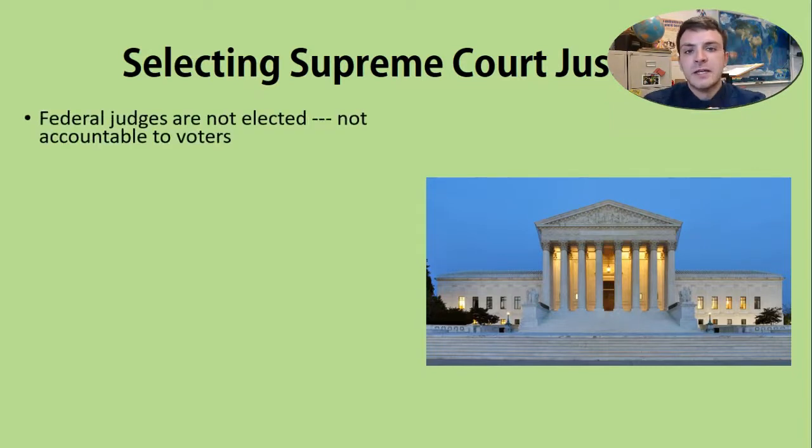So federal judges in the country are not elected. And because they are appointed, they are not accountable to voters. Now that's very important, because let's say that you have been nominated, you have been selected to be, we'll just go to the top, a Supreme Court justice. Now, as a Supreme Court justice, because you are not accountable to voters, you are really only accountable to law. Okay, you're not worried about re-election. You're not worried about aligning with one party over another. You are simply looking at the law, and that is what holds you accountable.